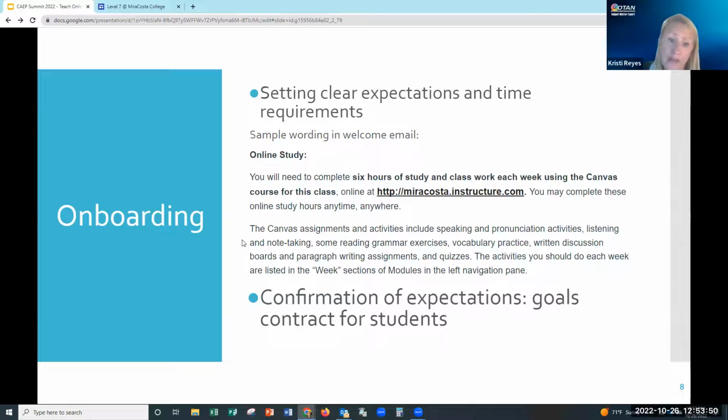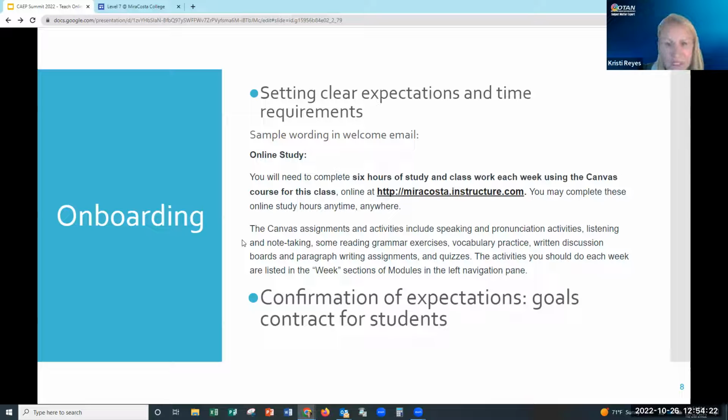So I include in my welcome email in the onboarding about the online study, because my class is hybrid. They are expected to go into the LMS and do 25 to 50% of the coursework. So I say you will need to complete 6 hours of study and classwork each week using Canvas. Here's the link. You can study anytime, anywhere, but you will have work to do independently on your own.